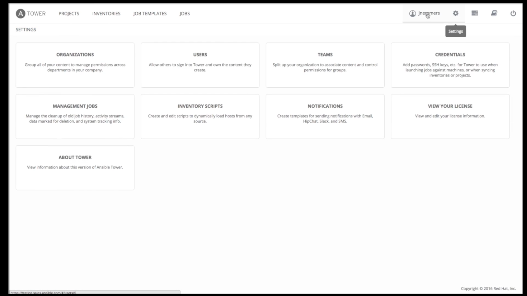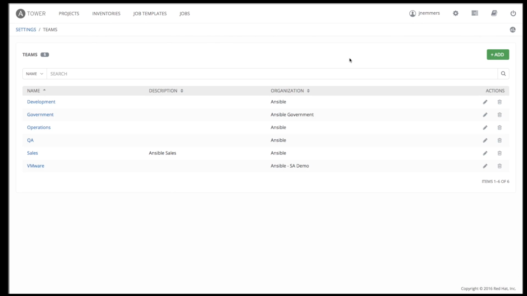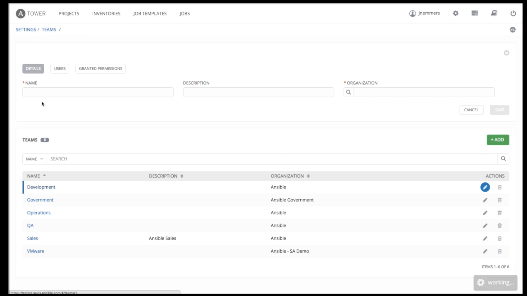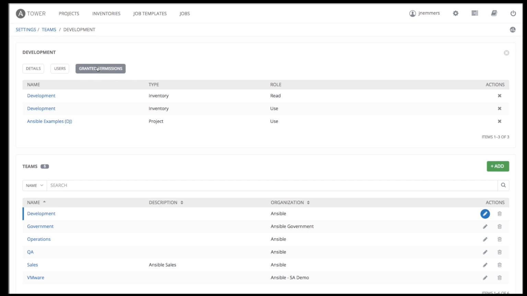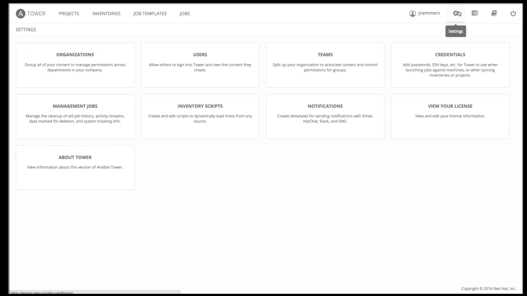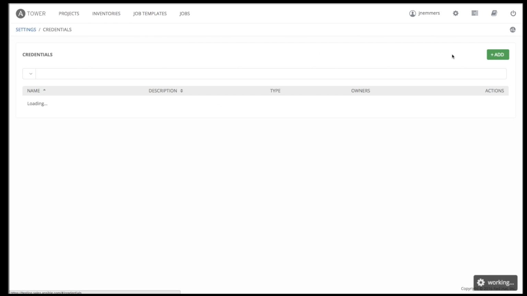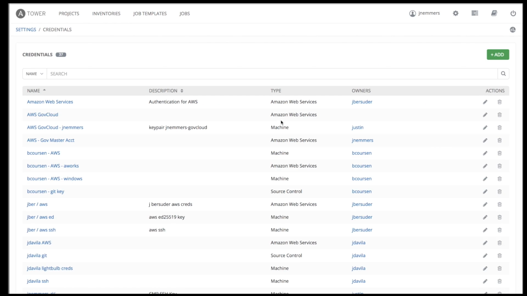Tower can also set permissions on an individual user basis or can aggregate these permissions into teams of users. Create as many teams of users as you need. Like users, teams can be assigned permissions too. Teams can scalably assign ownership for credentials, preventing multiple Tower interface click-throughs to assign the same credential to multiple users. Tower credentials are imported and stored encrypted within Tower and are not retrievable in plain text on the command line